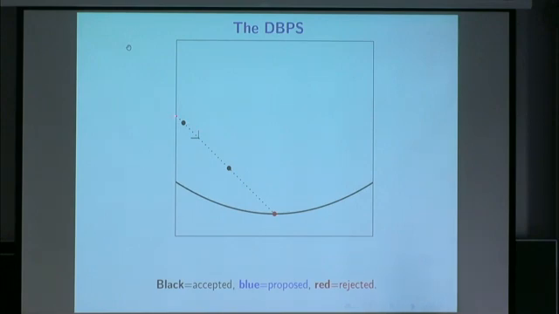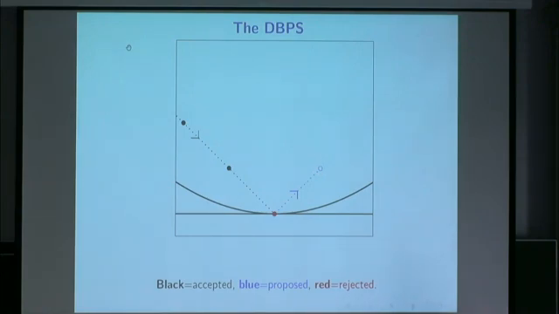Instead of now just a continuous time algorithm, we're going to be doing jumps, just like in the Gustafson thing. So we might have started out here, we've jumped to here, we've accepted, we've jumped to here, we've accepted, we've jumped to here, we've rejected. So remember, it's going downhill, so you've just got the ratio of the posteriors as your acceptance probability. We've rejected. So we're going to draw a contour through here, and what we'd like to do is angle of incidence, angle of reflection. Here's the proposal.